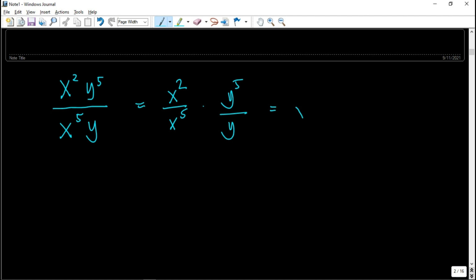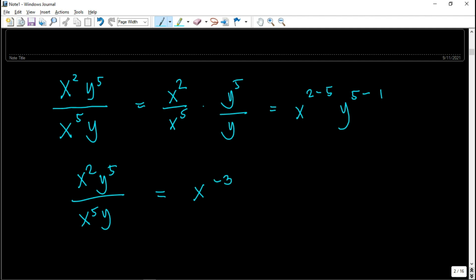So we have here x raised to 2 minus the exponent of the denominator, that is 5, times y raised to 5 minus the exponent of the denominator, that is 1. So we can simplify this as x squared times y raised to 5 all over x raised to 5 times y. That is equal to x raised to 2 minus 5, that is negative 3, and y raised to 5 minus 1, that is